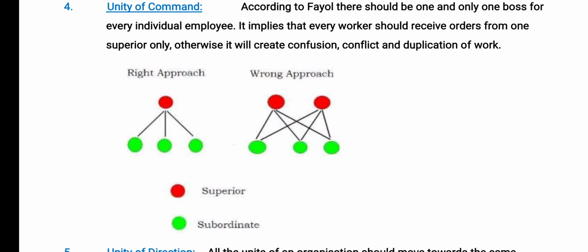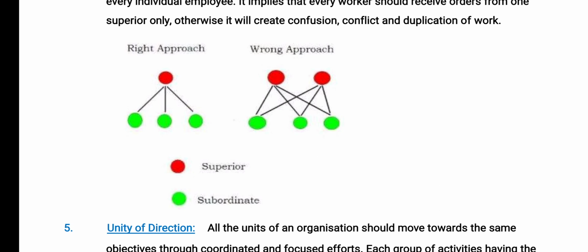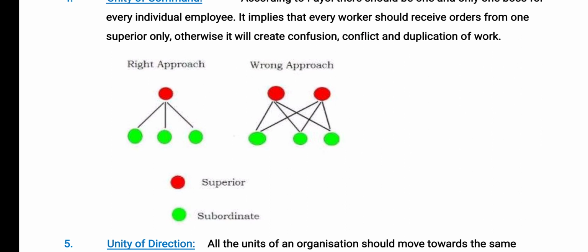We can take one example also, like the production manager instructs the supervisor to produce a product, but the sales manager comes and tells the supervisor to stop production and produce some other product instead, because there is market demand for that product. Because of different sets of commands from 2 bosses, the supervisor will be confused and may decide to produce nothing. So it creates confusion among them about whom to follow, which instruction should be followed. So this principle clearly states that there should be one supervisor who is giving commands to his workers.